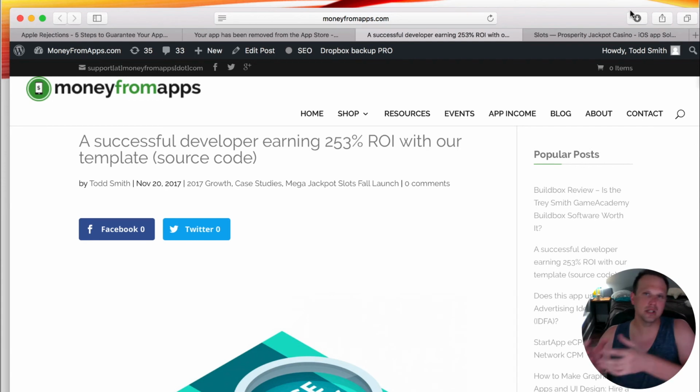Once he has the people in the app, he's filtering the ads that are going to be shown from the big casino companies that can pay top amounts because their apps are making so much money. They know how much a user is worth to them. So if a user is worth $6, they can pay $5, or whatever their margins are.